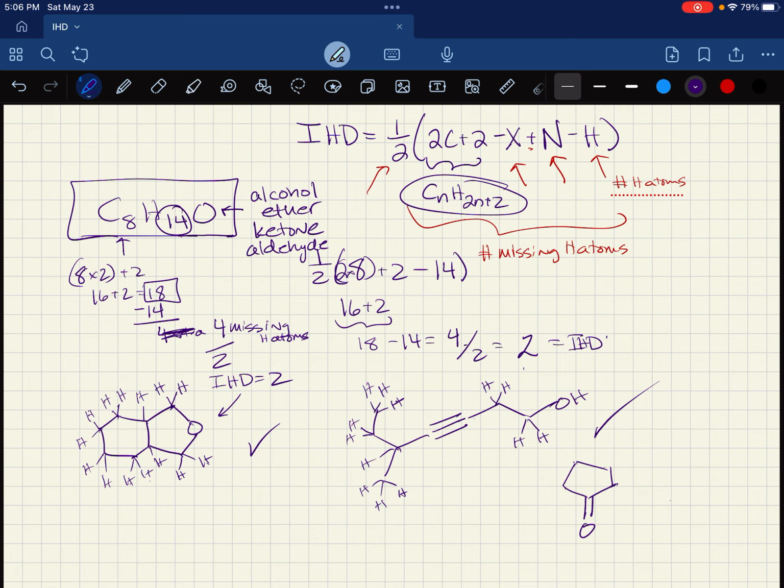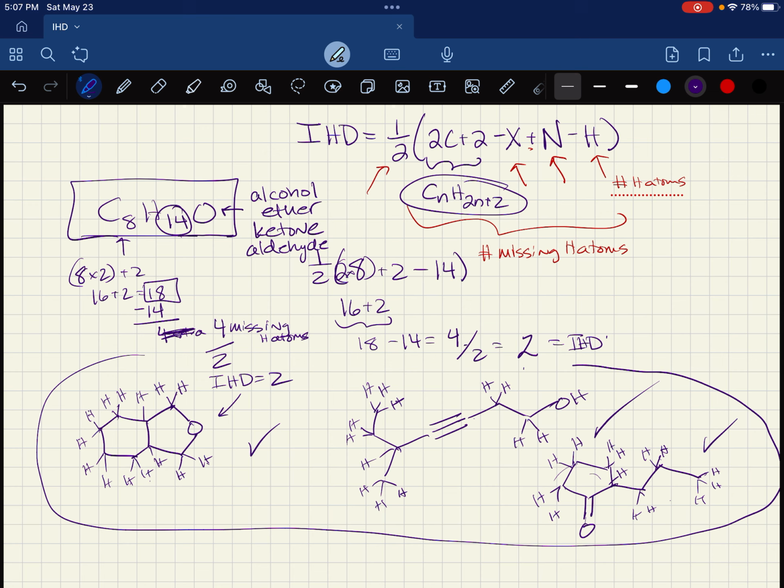One, 2, 3, 4, 5 carbon atoms, and so I need 3 more. So I could just do something like that. And since I have a ring plus a pi bond, this should be 14 hydrogen atoms. 5, 6, 7, 8, 1 oxygen atom. So I have 3, 4, 5, 6, 7, 8, 9, 10, 11, 12, 13, 14. So once again, all of these compounds here, since they all have the same molecular